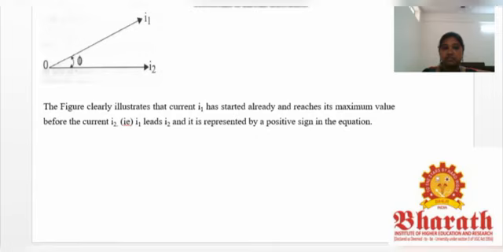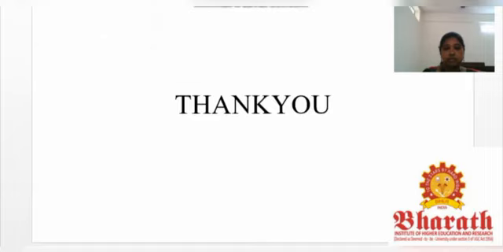Same way, in the phasor representation, I2 is our reference current, and I1 is leading with respect to I2, so I draw I1 above the reference line. This phi is the phase difference between current I1 and I2, measured in electrical degrees. So with respect to current I2, the current I1 is leading by an angle of phi, and a leading angle is represented with the positive sign. Okay, thank you.